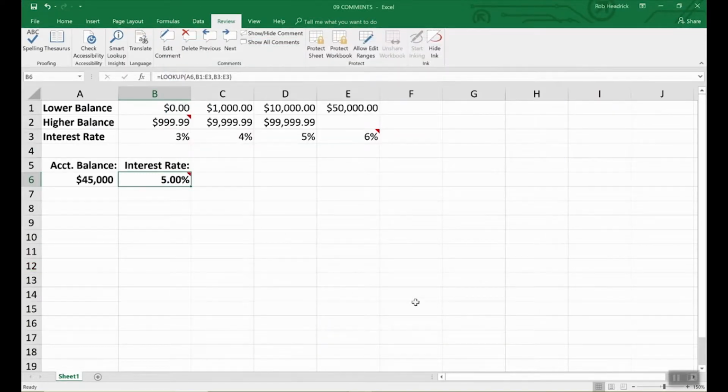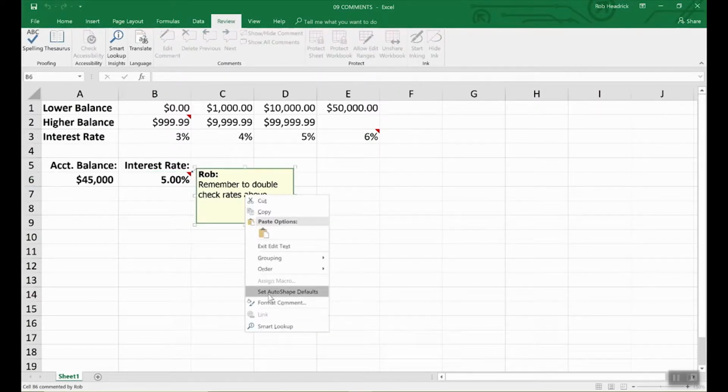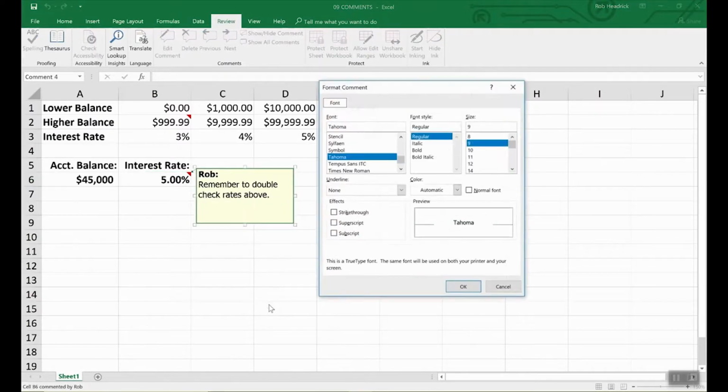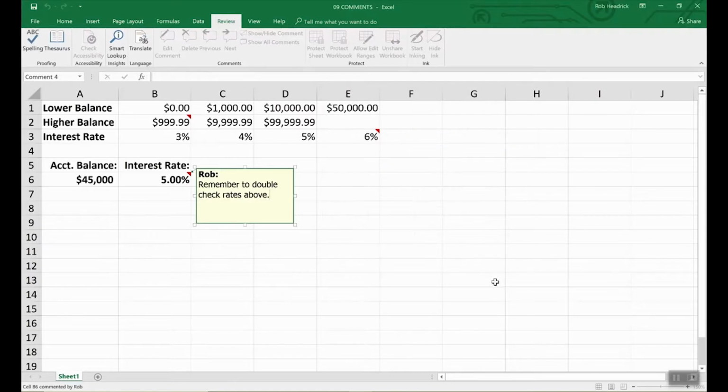Okay? So if you'd like to format the comment, you just click inside anywhere and you can format the text right here, Format Comment, and you have the different text controls like you've seen other places in Excel. If you want to change the color of the box, the background color here, which is yellow, see how this cursor changes to the four